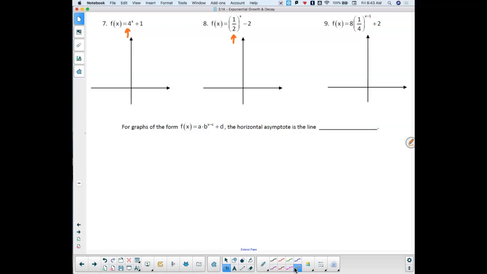Okay? Growth obviously going up as we go to the right, decay going down as we go to the right. But truly in math, because of the goofy rules of the b value being between 0 and 1 and bigger than 1 and all that fun stuff,